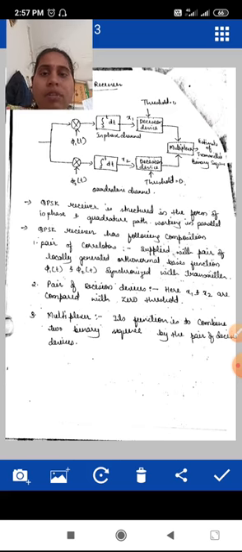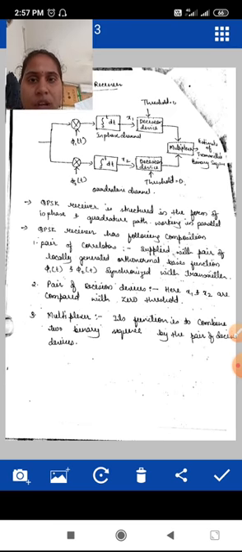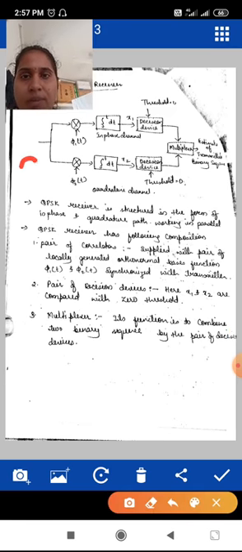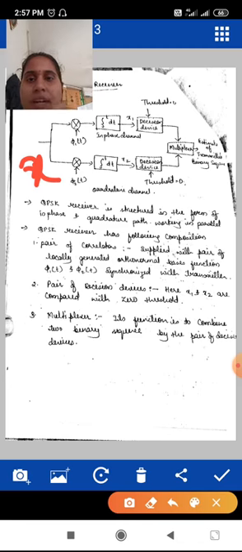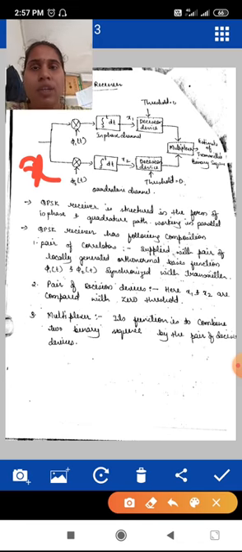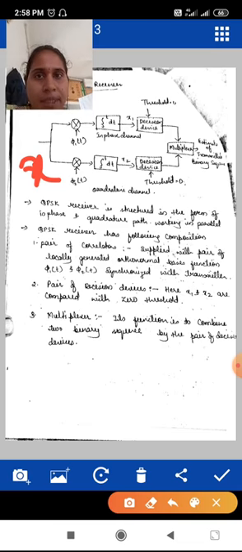Whatever we are receiving is not the same as what we have transmitted. So here, what we get is x of t. What is x of t? X of t is nothing but the signal, either s1, s2, s3, or s4. So in general we can write si of t plus w of t. What is w of t? W of t is nothing but noise, channel noise, which gets added to the signal.